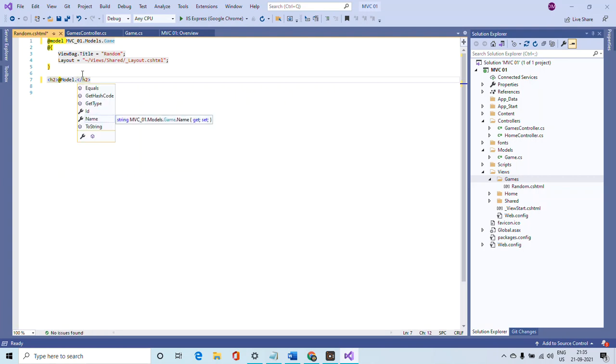Look here, the model is already grabbing the value, the name. Fine. So save the file,